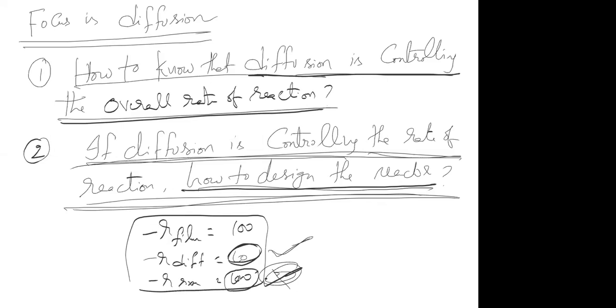Why focus on diffusion? Because this chapter is diffusional effects. The syllabus is to understand the diffusional effects. If two rates are the same, then both will control the rate of reaction. That is not the case generally. Now take 2 minutes and read whatever we have discussed till now. Because this is a theory topic, I will give time in between so that you can read the entire thing as a story.